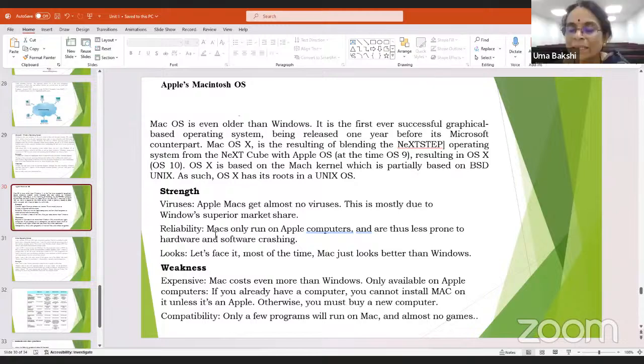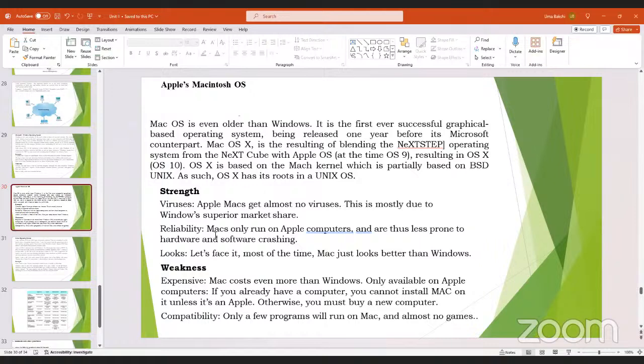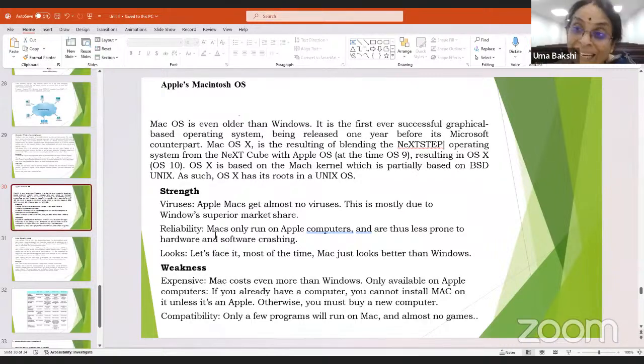Okay, so Mac OS, Macintosh, this is Mac OS we call, and this is older than Windows. This was before Windows came into the world. That time only this was there. They claim that there is no virus. The software is very secure. In that software itself there is security, virus protection, antivirus inside that software, and it is more reliable and more secure about the data, whatever is stored